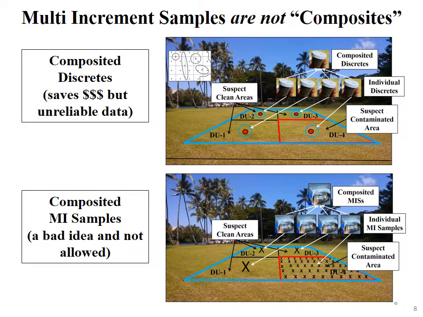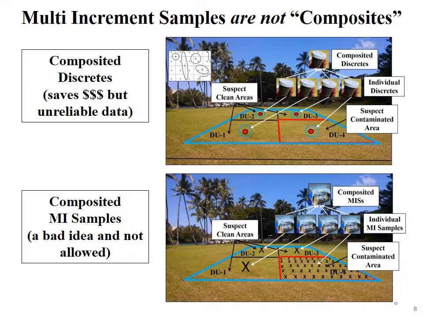One point we tried to emphasize in earlier webinars is multi-increment samples are not composite samples. And I know some of my colleagues like to use this term composite. It's more of a field term used in the past by geologists, but it's very erroneous with respect to sampling error and the true meaning of composite samples used by farmers and especially miners, people who do mineral exploration. So a composite of discrete samples example is shown in the upper photograph here, and the true meaning of